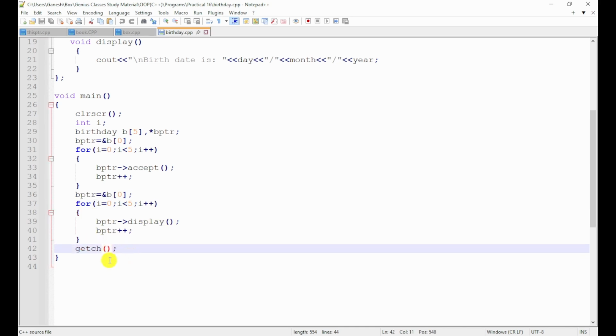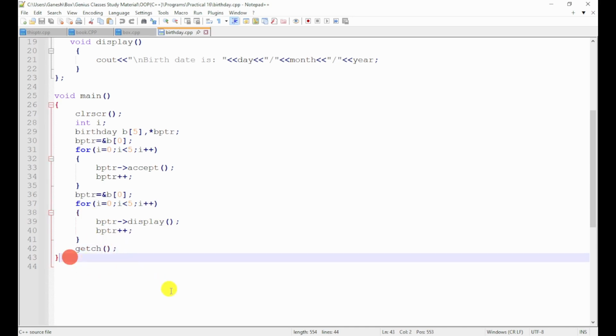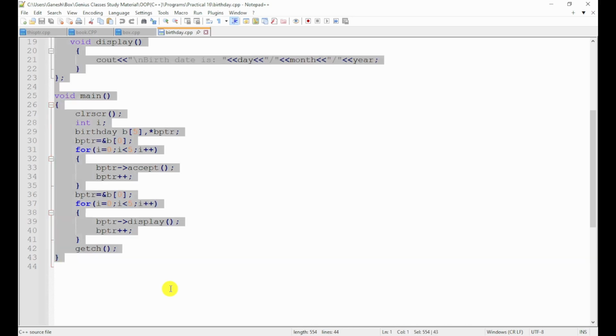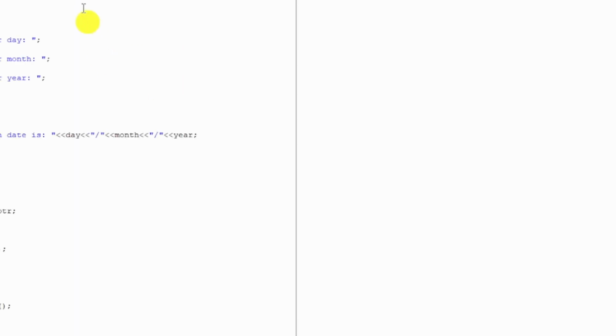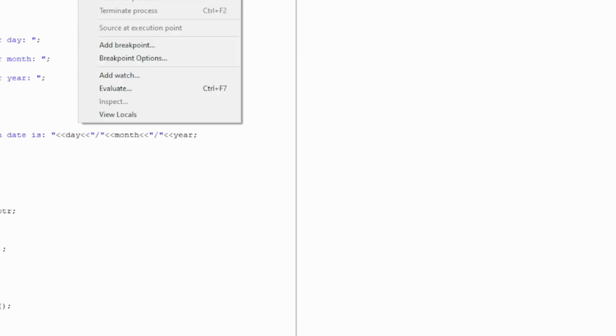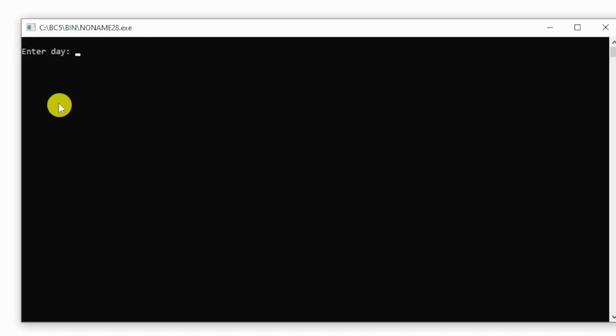Finally getch is there to hold the output screen, and the main function is closed, and the program is also ended. So copying the entire code, pasting the code into the compiler, then running the code. So it is asking me to enter a day. So this is asking me for the first birthday. So I am just entering the day, then month, I am entering 2, then year,